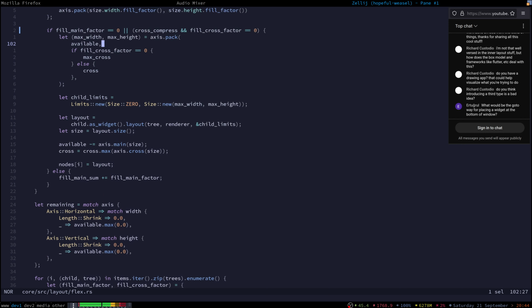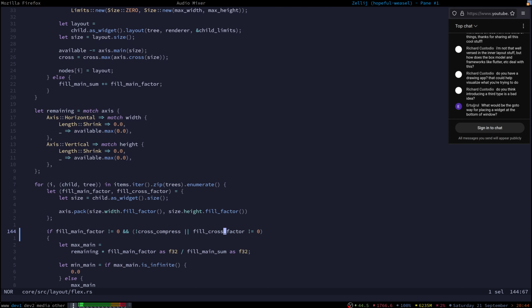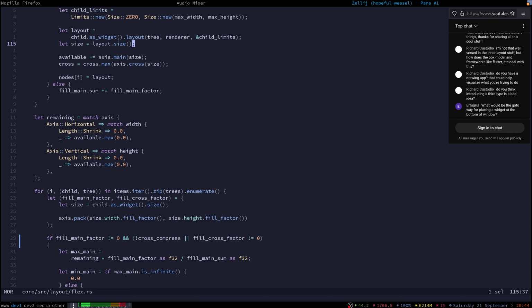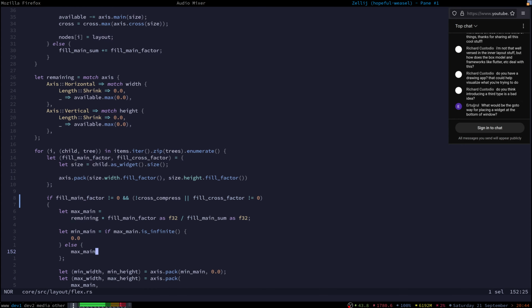That's how you negate things, right? Am I wrong? Cross compress and fill cross factor equals 0. The negation of this, well, we can just do